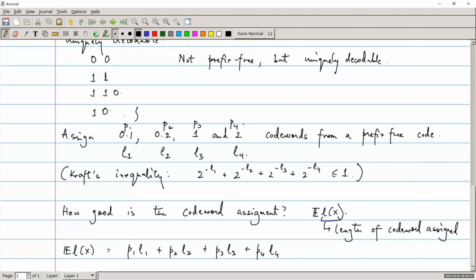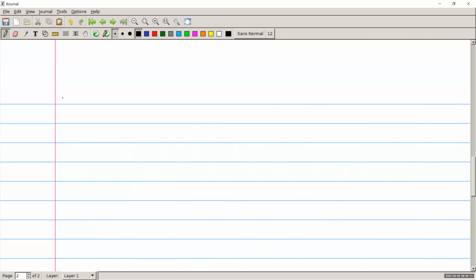Okay, your expected code length is always going to be greater than the entropy. And this makes it very formal. We saw entropy is the amount of information that you get when you observe a random